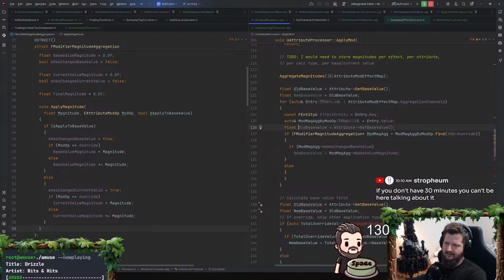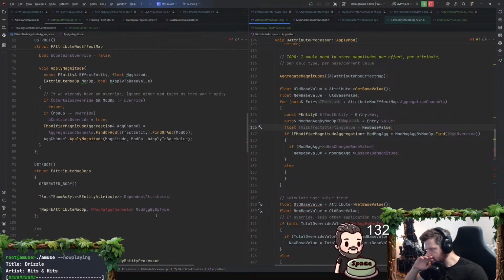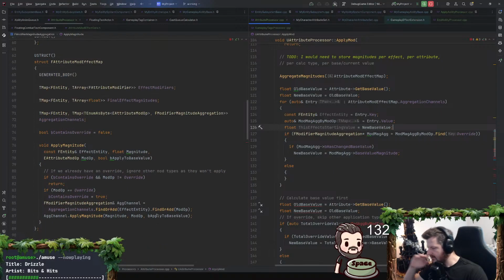So I think I need this effect's starting value. This effect's starting value equals new base value. And this is a per attribute.